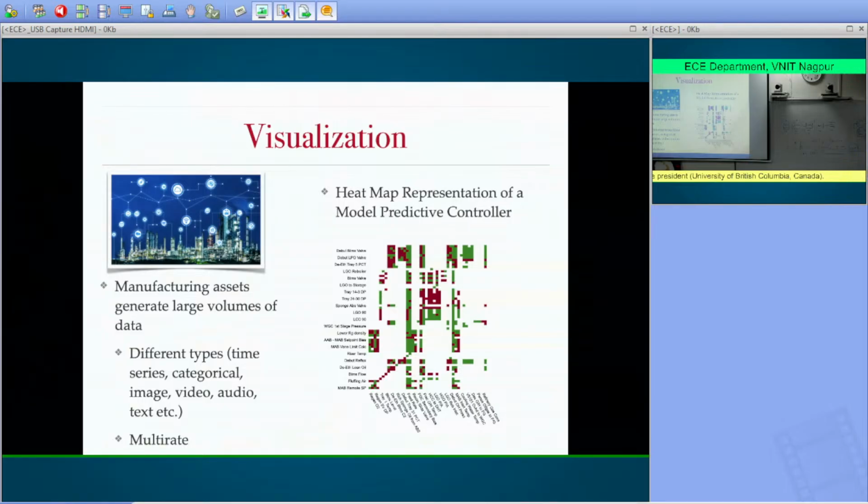Okay. Yeah, I apologize if you don't know what model predictive controllers are. So it shows which constraints are active and at what time. Now, operators and engineers can look at this and gain some insight into how their particular model predictive controller is working. So there are many simple ways of visualizing data that helps you gain insight into the data, even before you